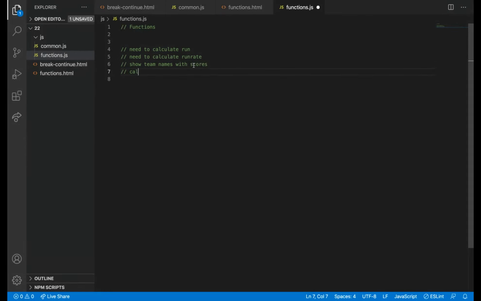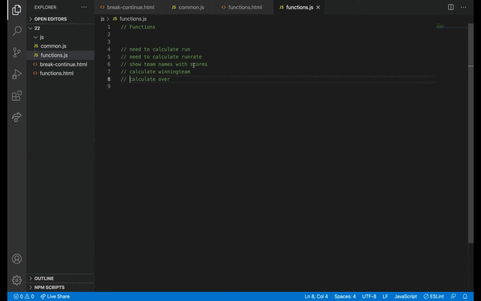So you might be having plenty of functionalities here. Calculate winning team. Calculate over, on which over we are in. So there will be plenty of functionalities.